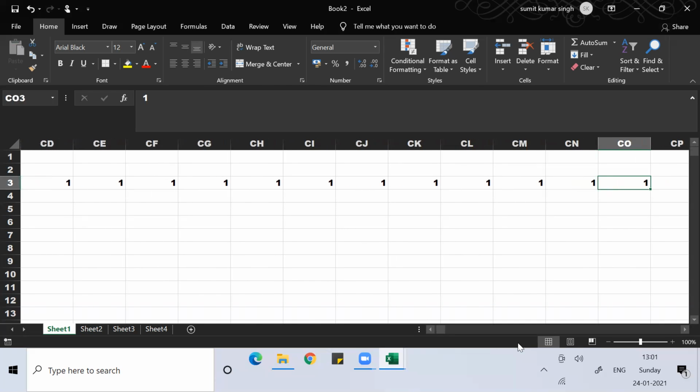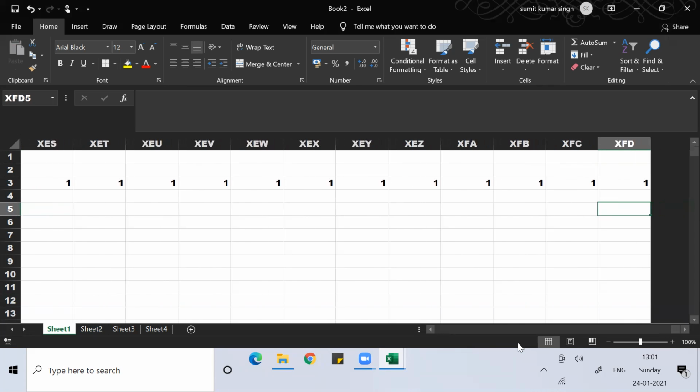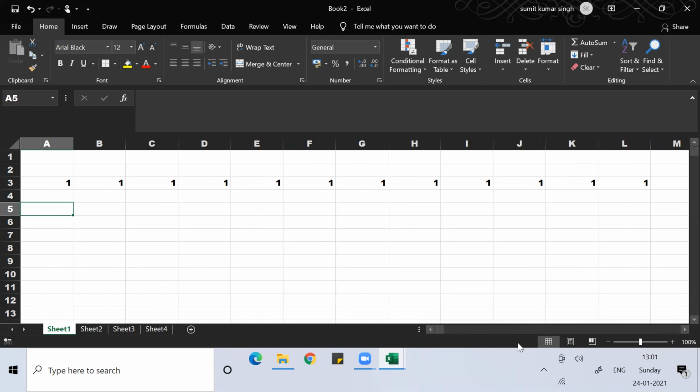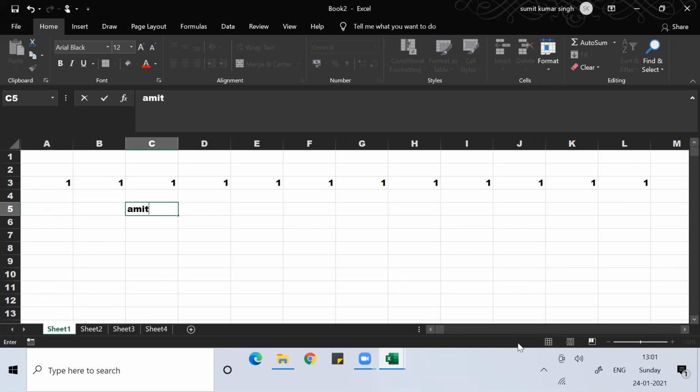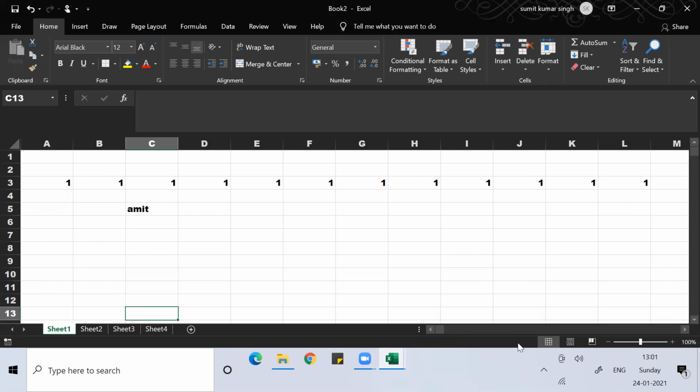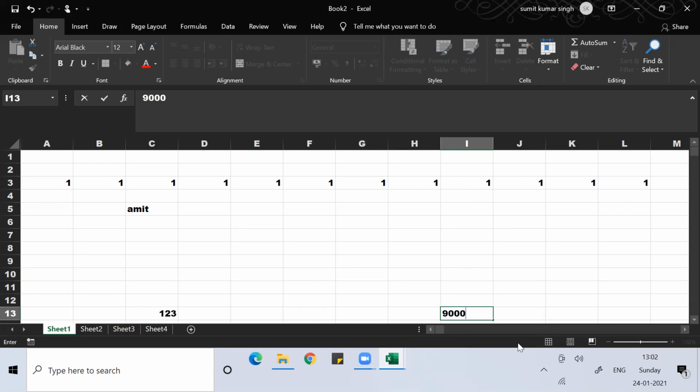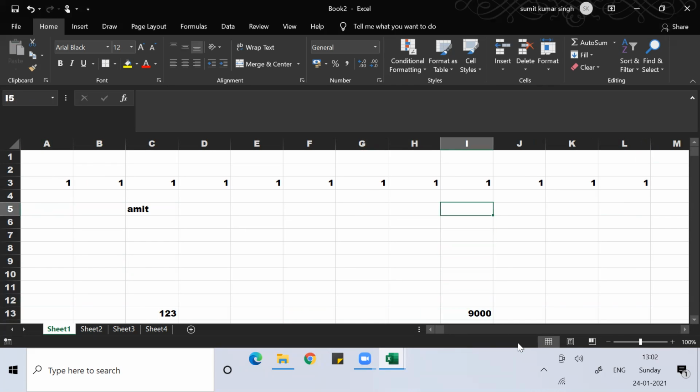So how did it get filled from the first column to the last column? Because the Control command goes from one end to the other end.